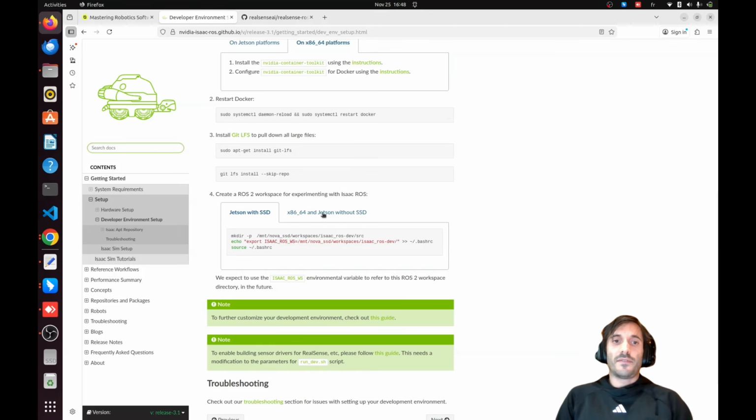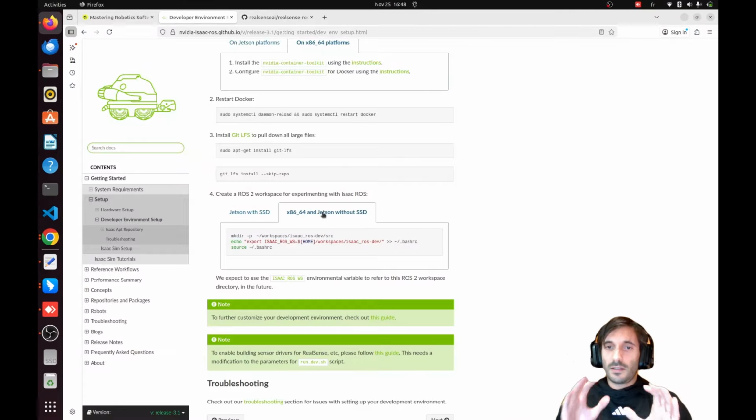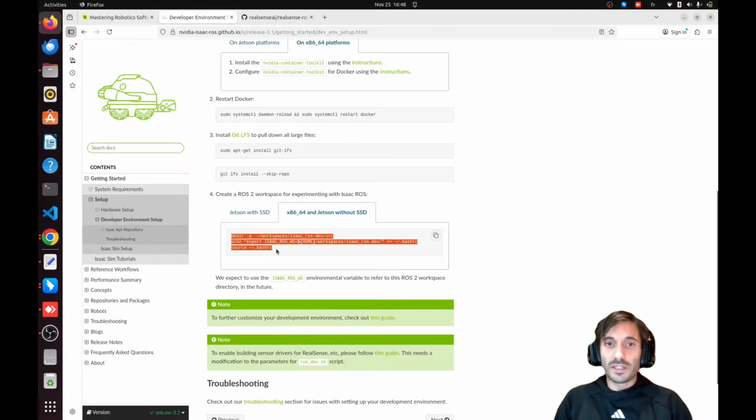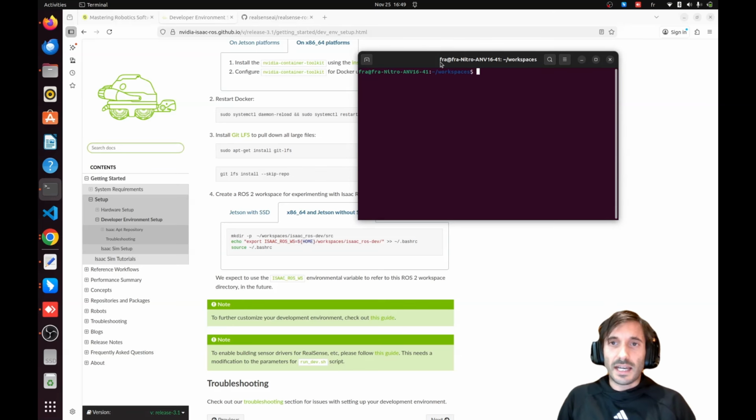Okay, and now you just need to create a ROS2 workspace. Wanted to experiment with Isaac ROS. We are going to talk about Isaac ROS in the upcoming video. But for now, just keep with me, just trust me. And here you are going to create this folder inside your machine. So if I go inside my system,